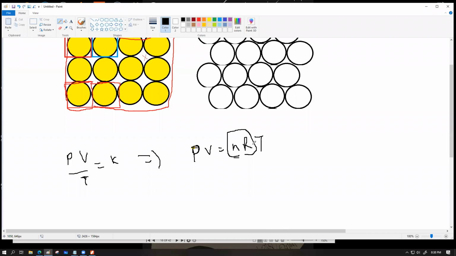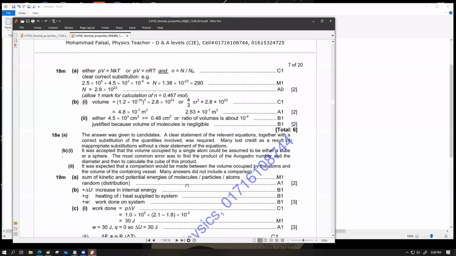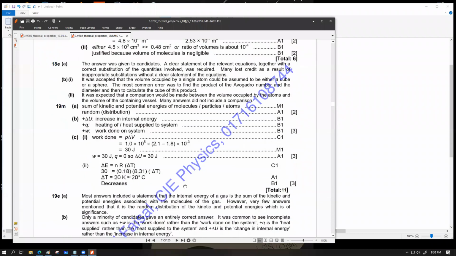PV equals nRT দিয়ে করা যাবে, কিন্তু PV equals nRT দিয়ে আমি যদি করতে না চাই তাহলে কেন? পাই না। স্যার, এক্সামিনার রিপোর্টে নাকি বলছে যে কোশ্চেন ওয়াজ রিমুভড। এটা দেখুন তো।